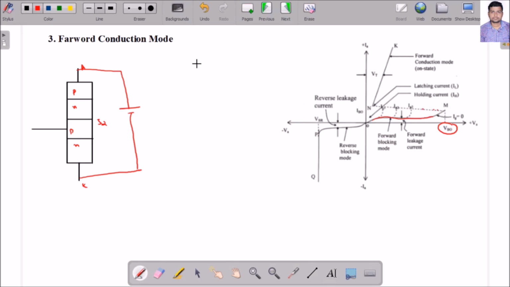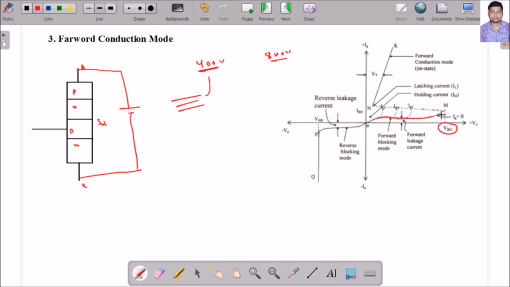So it is known as the negative resistance region, and it is very unstable, so it is represented as a dotted line. Suppose I am taking a thyristor of 400 volt range. Generally the VBO rating is around 2 times. If I have a 400 volt supply and use a 400 volt thyristor, then I require another voltage of 800 volt to turn on the device if I increase the voltage up to VBO.